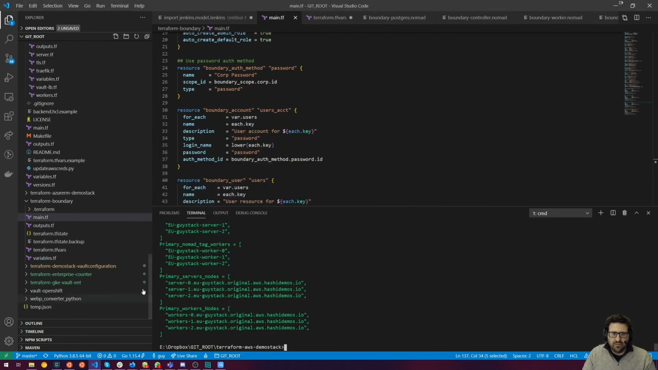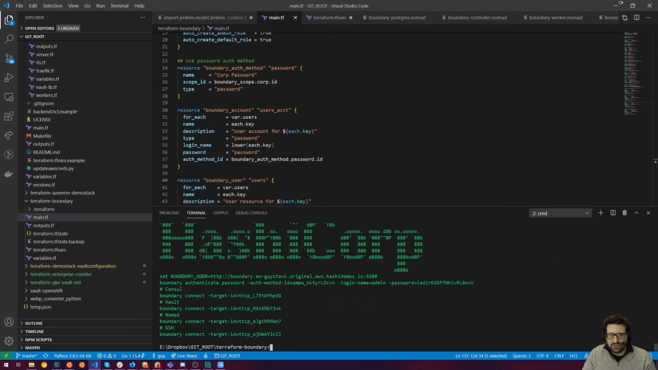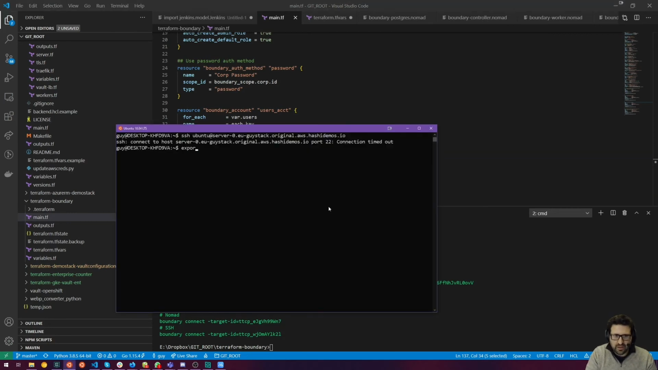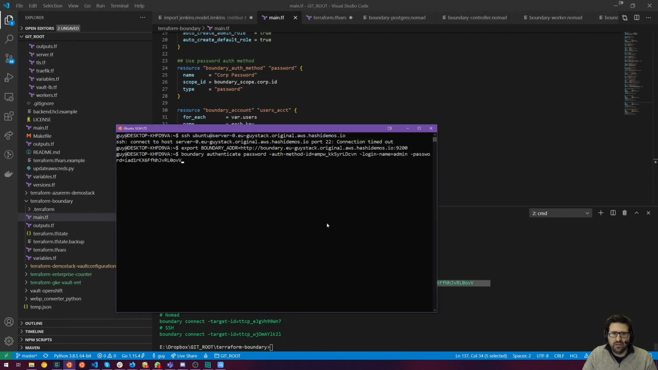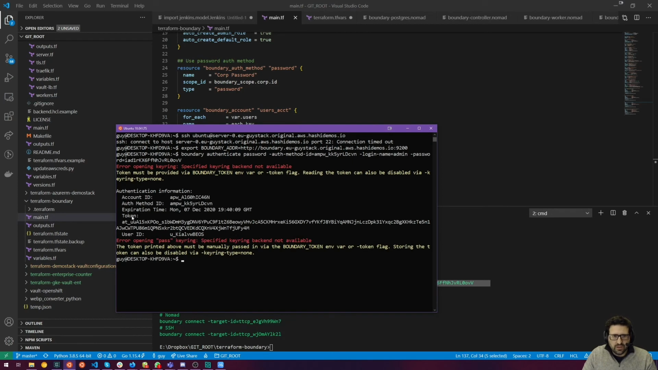Right? So now one of the things that I can do is come over here, export the Boundary address. Cool. And authenticate into Boundary with the auth method and different login name. Okay. And then I can go ahead and copy this, and export BOUNDARY_TOKEN equals, paste that in. Right, and